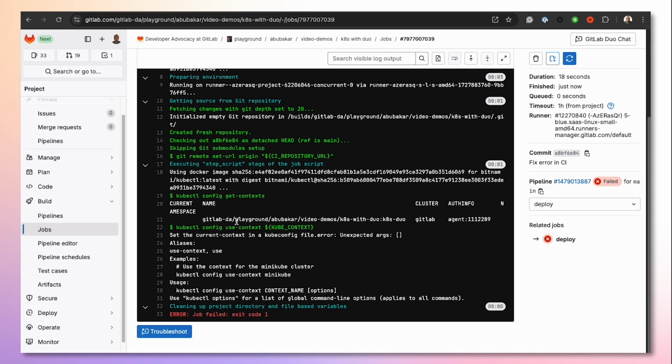Okay, our job has finished running and we have another failure. Oh, this is why it failed. We have this context variable. I forgot to update that, but we actually saw that it was able to detect the context that we have in the application. This is the agent we deployed earlier. So I'll copy this and